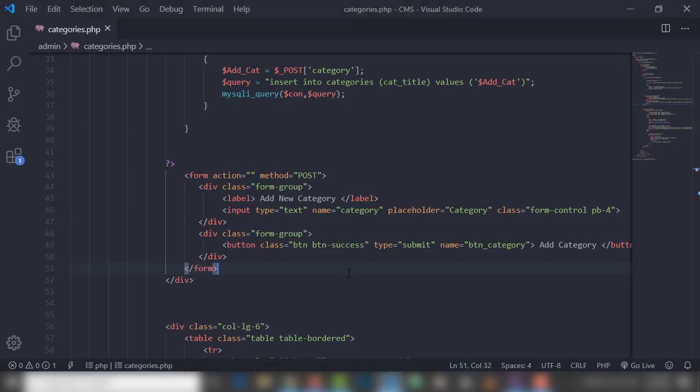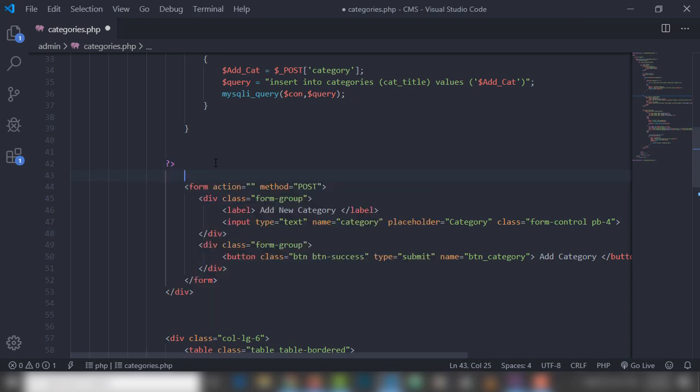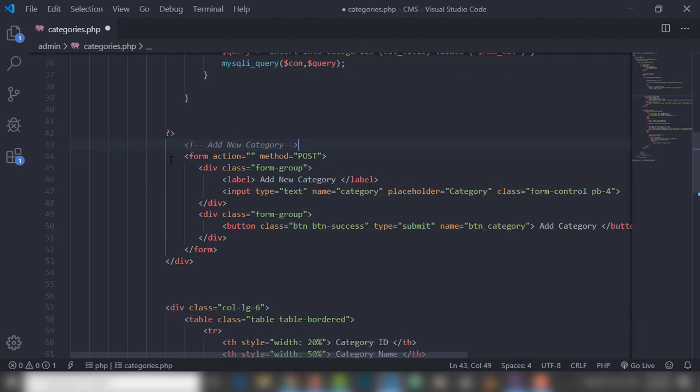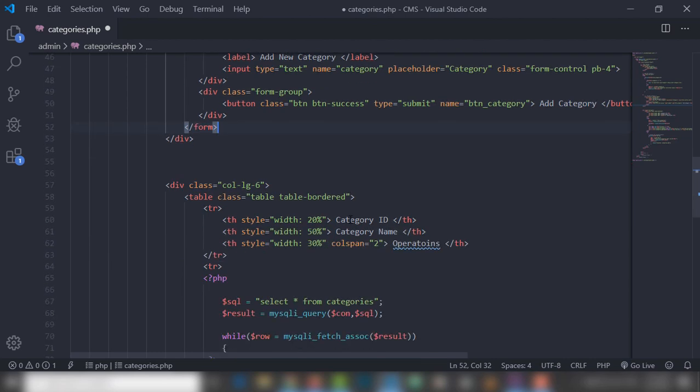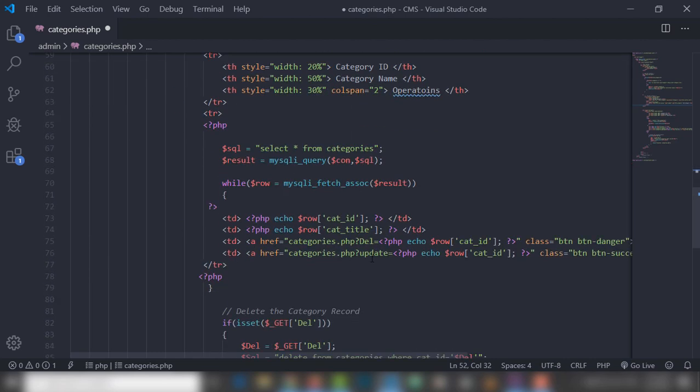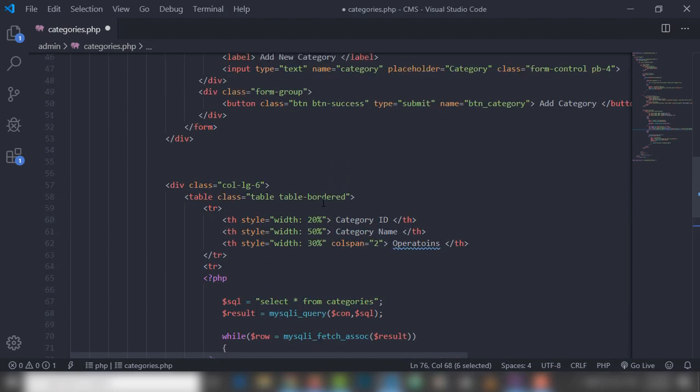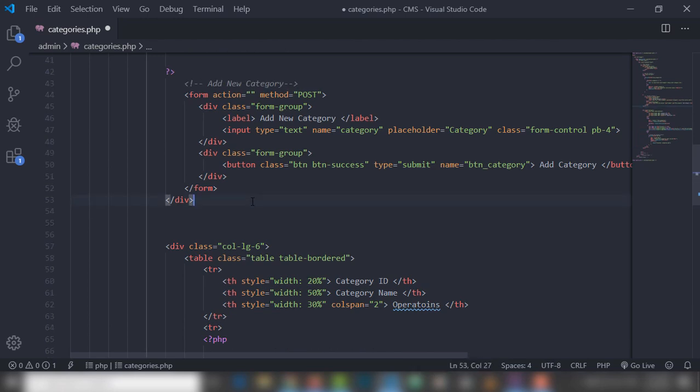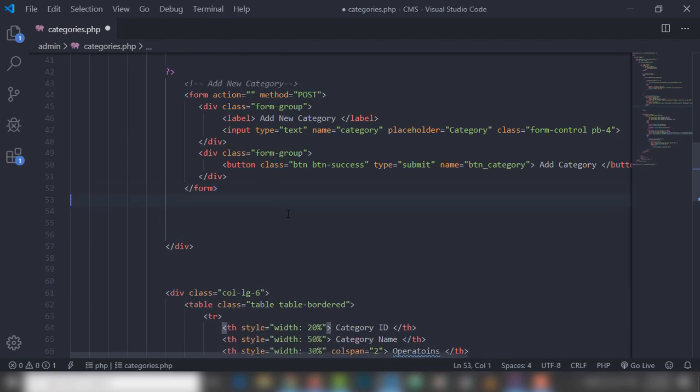So let's do that. I go to my code editor and open the file categories.php, and this I use for the add category form, right? This form helps you to add the category. So I want to edit the record. So first thing, you need to use an if statement and check whether this update get variable is active, then come into the if body. So after this div, inside this div, alright,